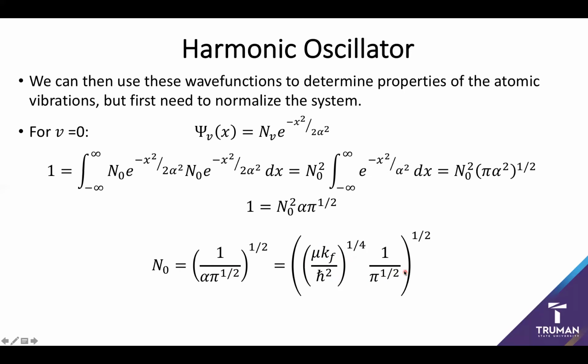There's a couple ways you can simplify this expression, but not too much. And it is worth noting, this is the normalization constant for the ground state. It gets a little messier from there on out. However, there is an actual general solution no matter what v you're dealing with. So it is worth noting that we're always going to have the square root of alpha times 1/4 pi. But we introduce two other special terms. We have 2 to the v, where v is our quantum number, and v factorial, all to the 1 over square root. So again, not exactly the prettiest equation we've dealt with, but